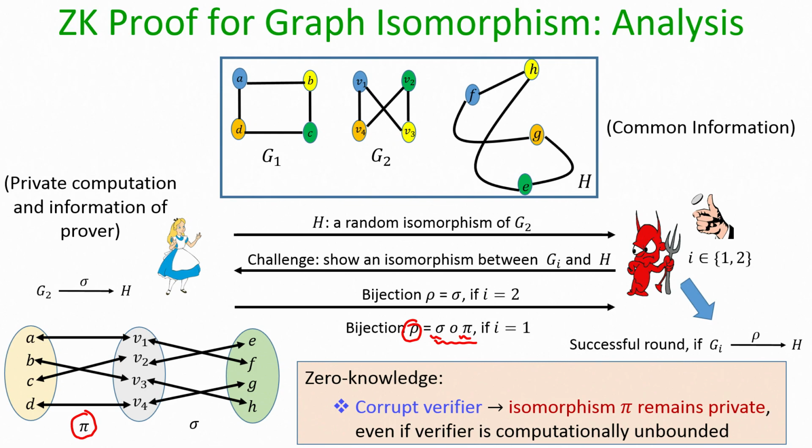So, that brings me to the end of this lecture. Just to summarize, in this lecture we have introduced the problem of zero knowledge proof systems. We have formally stated their requirements, namely the completeness, soundness and zero knowledge requirements, and we have also seen an instance of a zero knowledge proof system for the graph isomorphism problem.